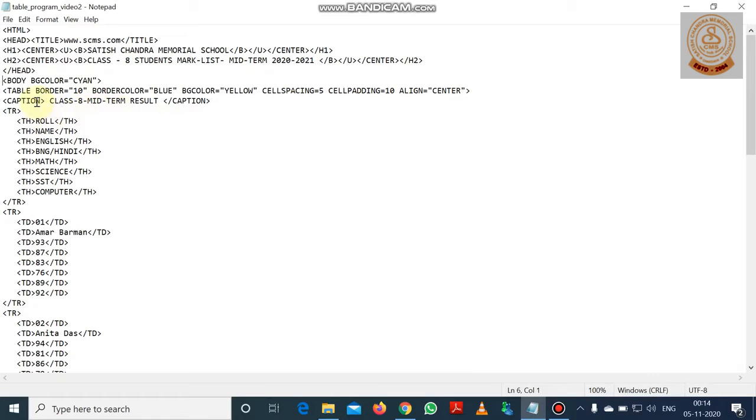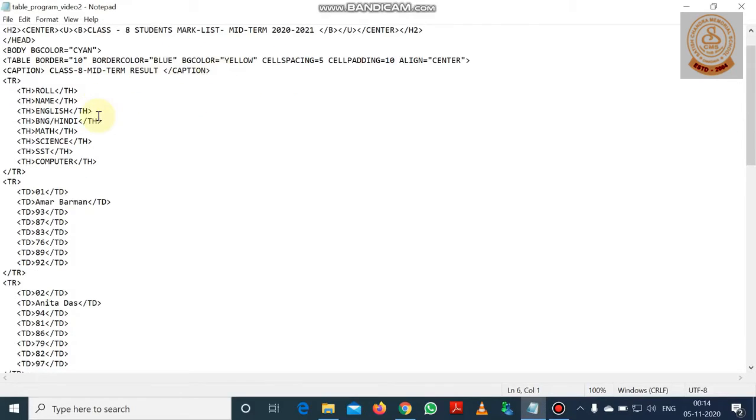And after that, the name of the table is given through the caption tag. The caption tag is given and the name of the table is given: class 8 midterm result. And after that, the ending tag of caption is given, and thus the table name is given, and that is class 8 midterm result.